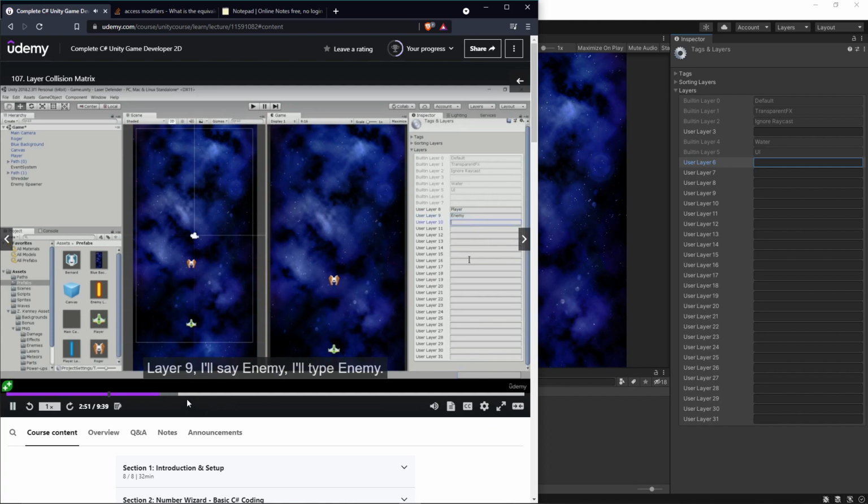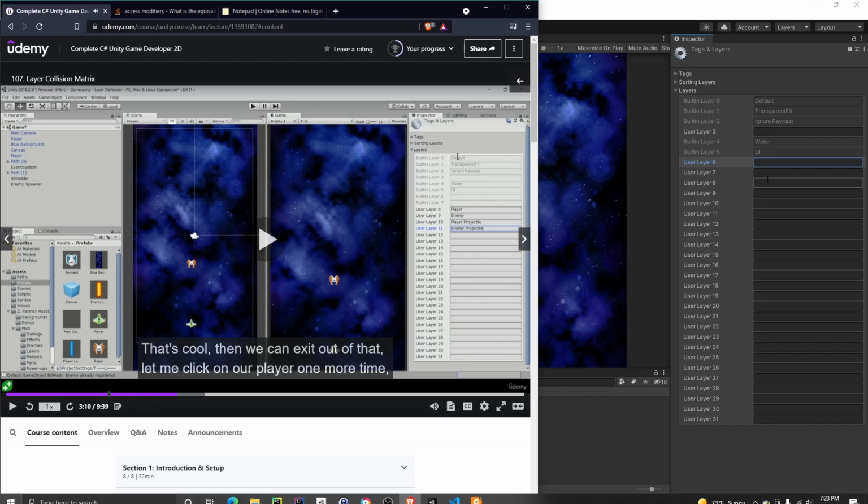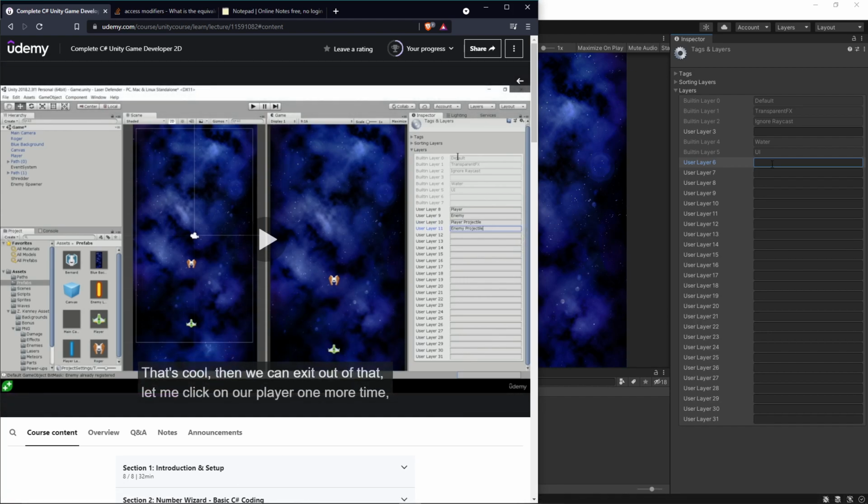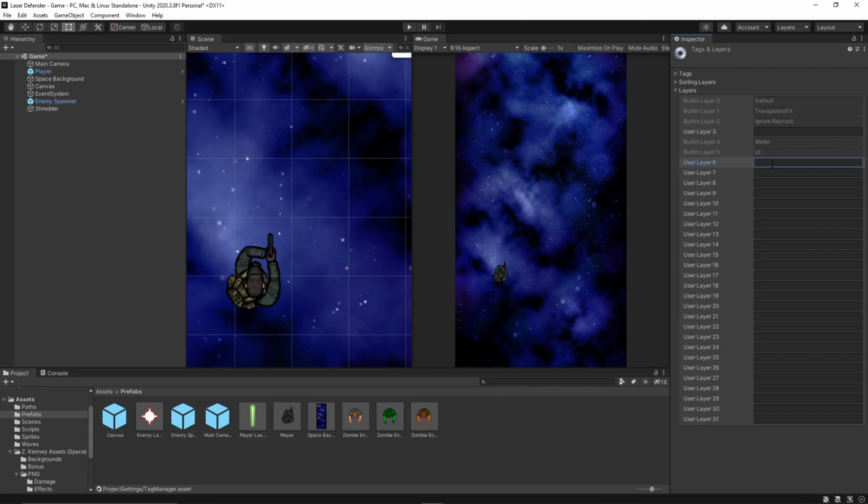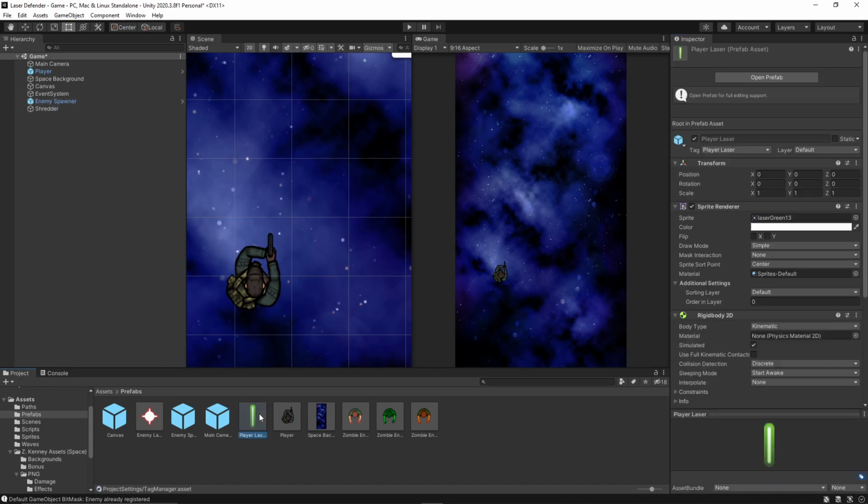It was player, enemy, and player projectile, and enemy projectile. We added those tags, and then go to our prefab, go to player projectile,